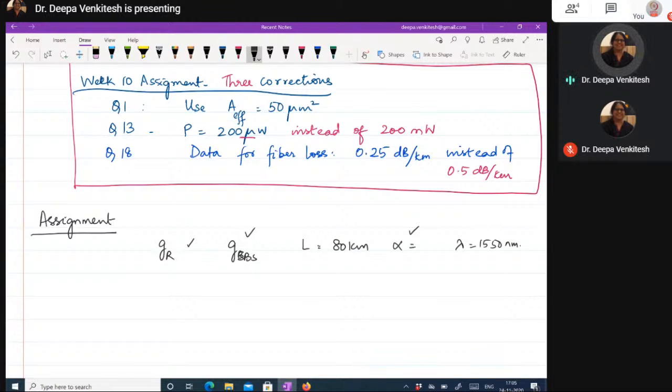In the meantime, I'm seeing a question here in the chat window. Let me answer that first. What is the effect of backscattered light over the modulated light forward? So actually, it does not affect the modulated light at all. In the transmission, the transmitted light will